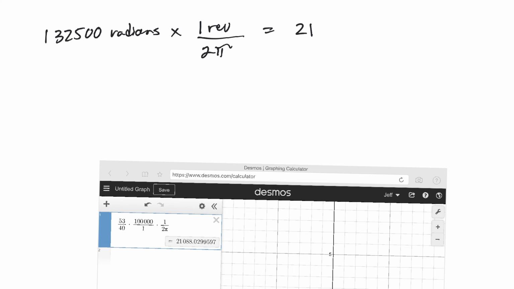So the wheel would turn 21,088 times. I think they wanted it rounded to the nearest revolution. So 21,088 times it would go around. Now, if you had wanted to convert that to